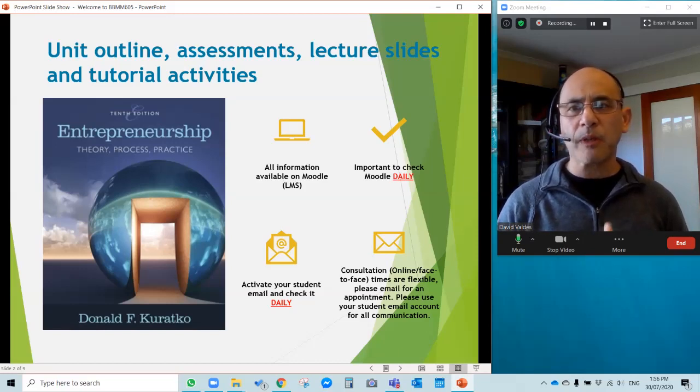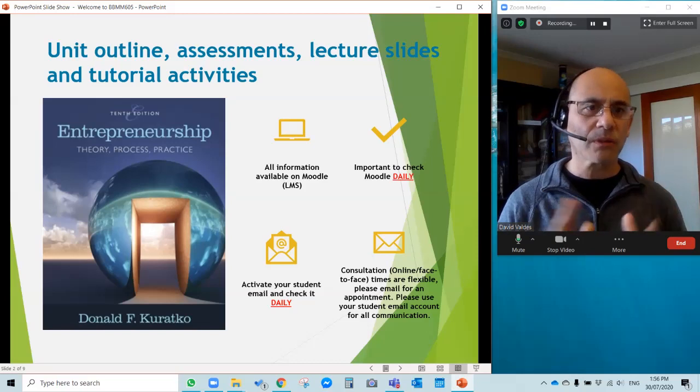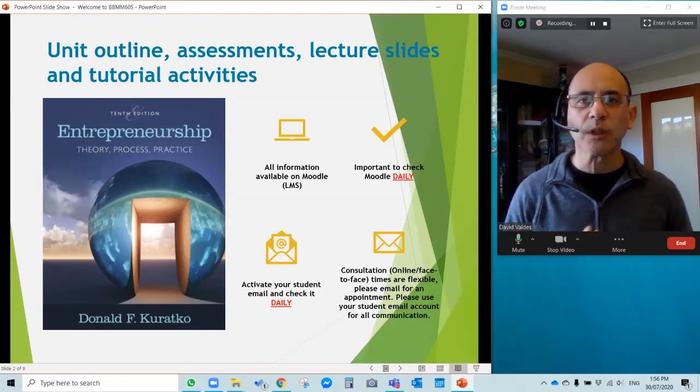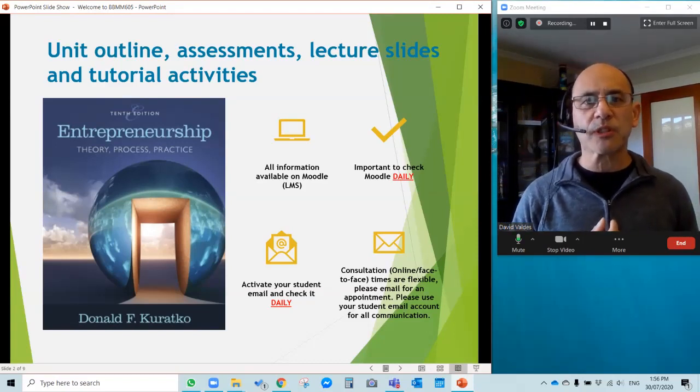You probably know this already, but just in case you don't, all this information is available on Moodle, which is our LMS, or what we call a learning management system. I'm sure you were given the web address of this Moodle learning management system.